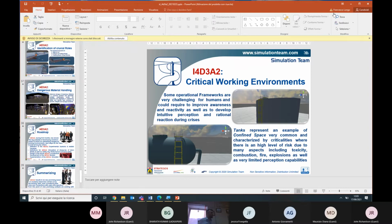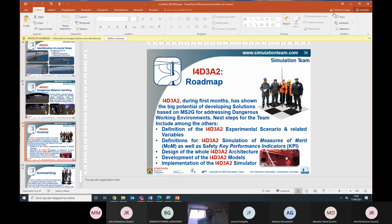So this was just a preliminary overview. Our roadmap is, as soon as we finish the requirements analysis and have a better idea of what we are going to do, we will develop the architecture of this serious game, and the architecture will be the base to develop the conceptual models that will be implemented as part of the final demonstrator of this